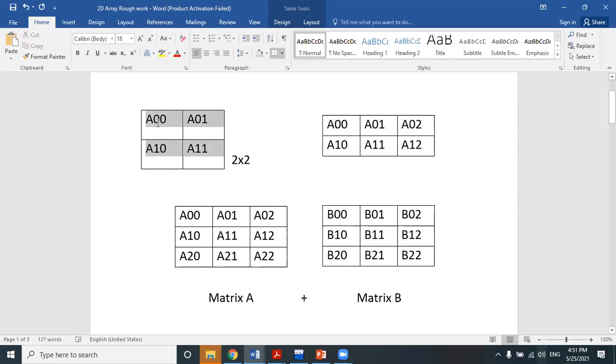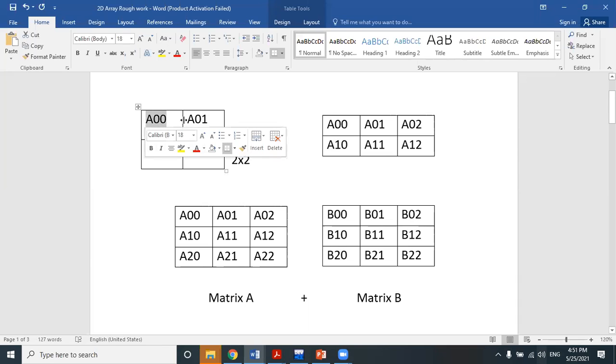So what is the general form? Those who have already done matrix operations in mathematics are already familiar with this general form, right? If A is an array, the first element will be represented as A00, the second element as A01. Why 00? Because this is the 0th row, and this is the 0th column. This is the first row, and this is the first column. A00 means this element has row index 0 as well as column index 0. Both indices of this element are 0, 0.